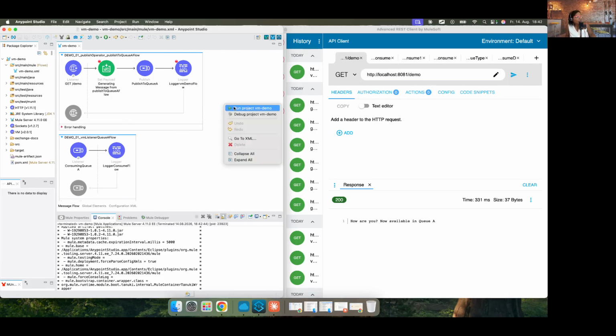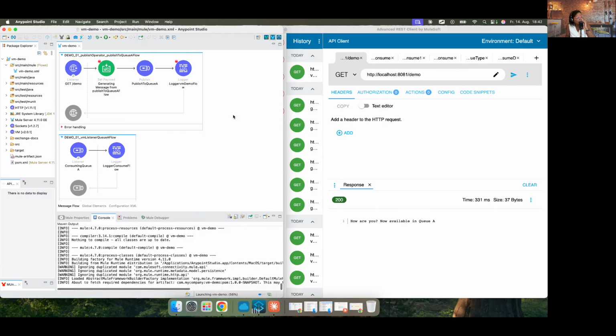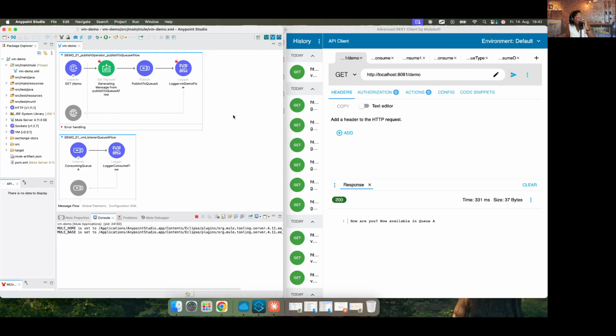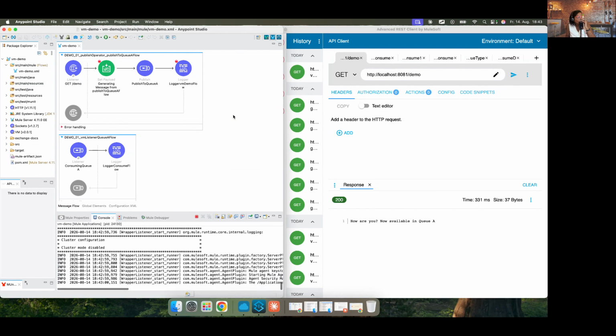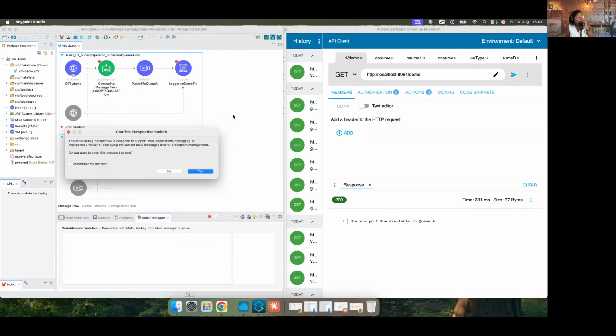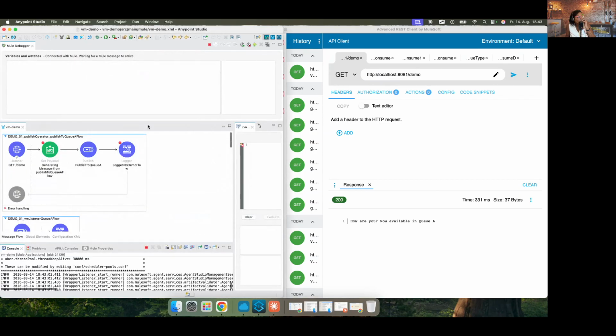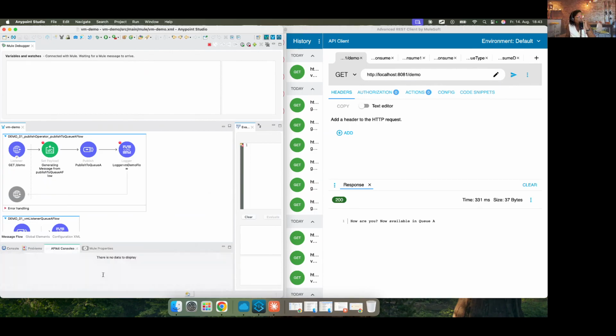And I would like now to stop the execution of the flow. And let me just debug the project. Let us see this in action with the debugger. All right, so I will send the request as soon as we see a status deployed in the console.